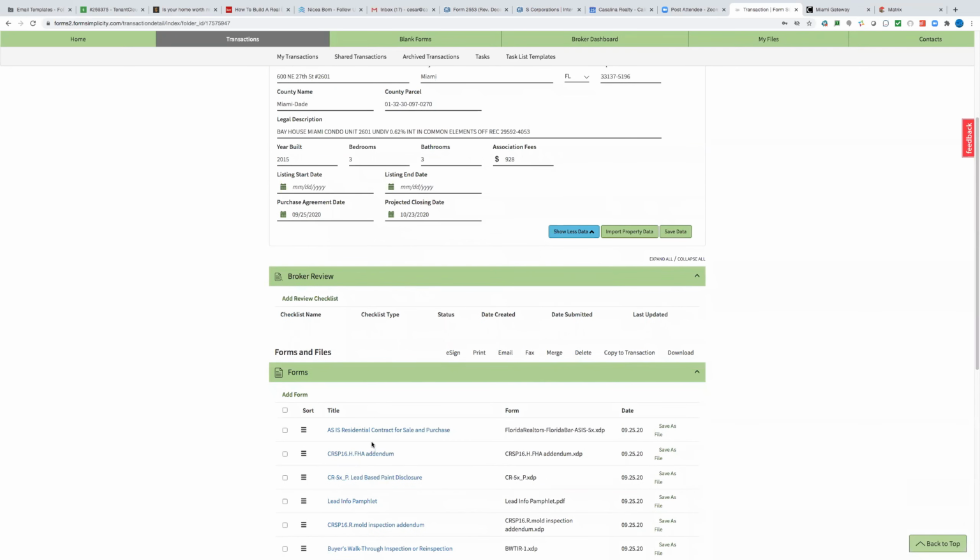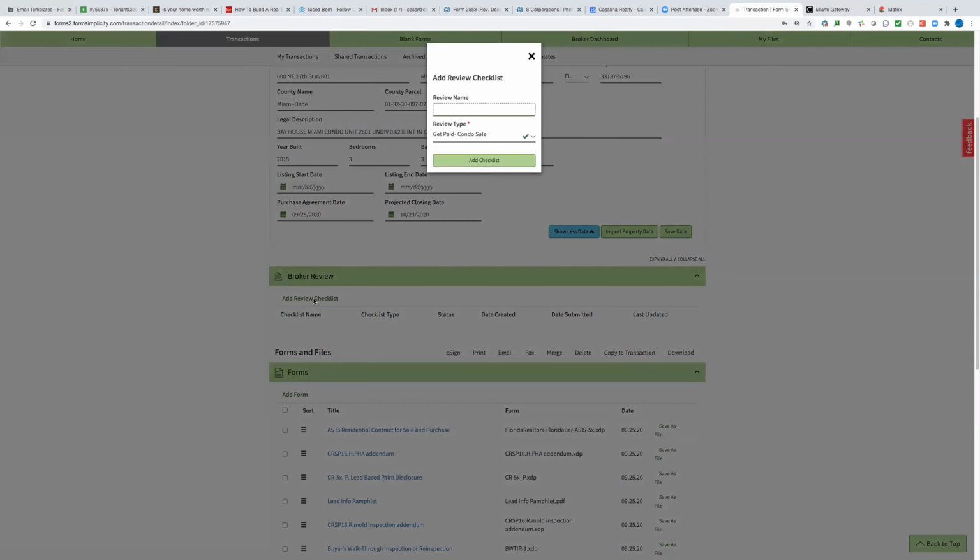So now what you want to do is that you want to get paid. And for us to be able to pay you, we must have all the documents that are required in every file, right? So what we're going to teach you today is how to process a request for a commission payment. So what you do here is that you add a review, you go here where it says broker review, and you add review checklist, all right? And you call this file Souza Maria,